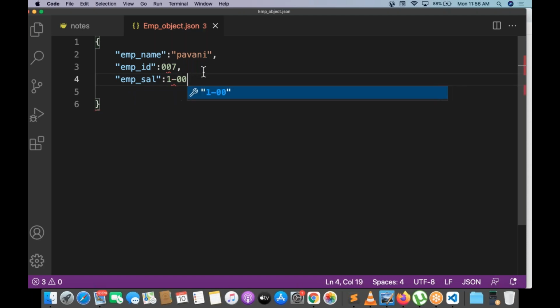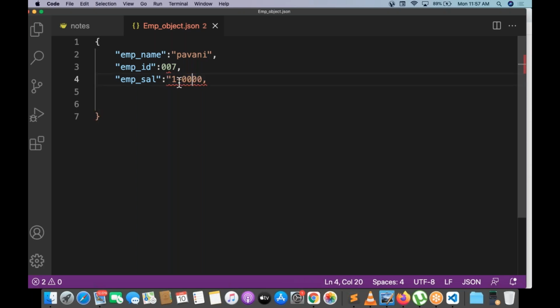Can I give it like this? Why? What is this? Is it a number? Is it a string? Does this have any meaning? No. So whenever you're writing something, be careful.